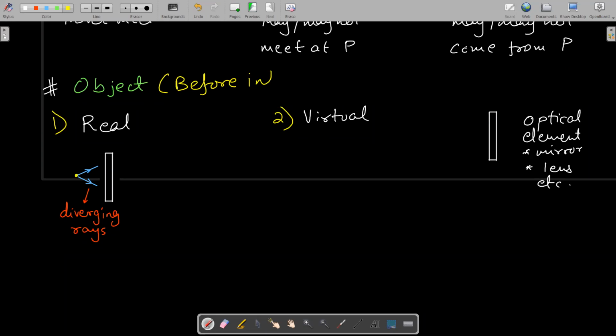Before interaction मतलब क्या, मिरर पे टकराने से पहले या लेंस पे टकराने, इंसिडेंस होने से पहले, इंटरैक्शन और इंसिडेंस, ओके, जो भी रहता है उसको कहते हैं रियल ऑब्जेक्ट. ऑलराइट, नाउ बिफोर दैट, अगर किसी पॉइंट से लाइट रेज आर डाइवर्जिंग बिफोर इट इंटरेक्ट्स विद द ऑप्टिकल एलिमेंट, such an object is called a real object. Okay, now similarly,